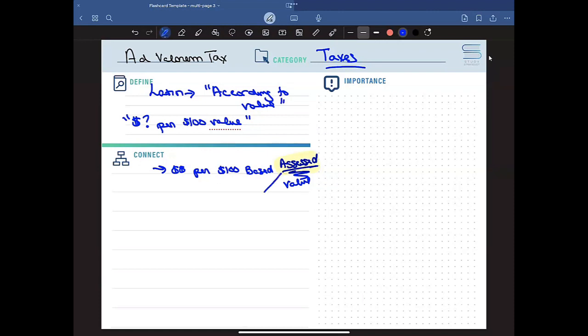So assessed value is for taxes, versus market value, which is just the price if you put it on the market. So what I mean by that is in my state, and I'm just going to use my state,